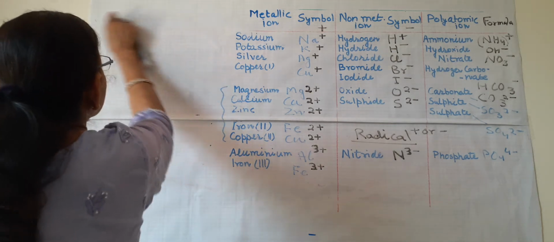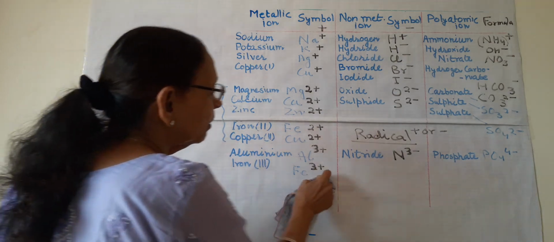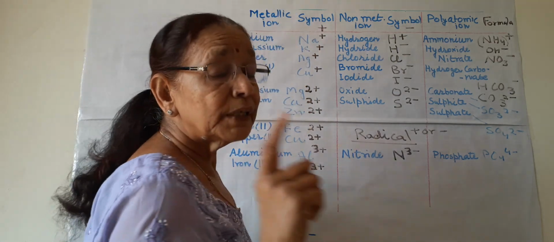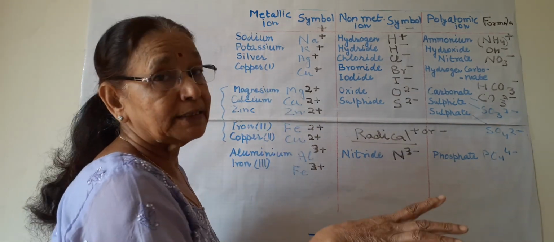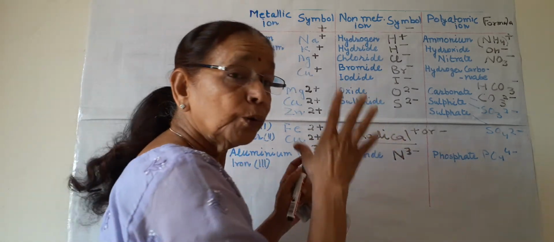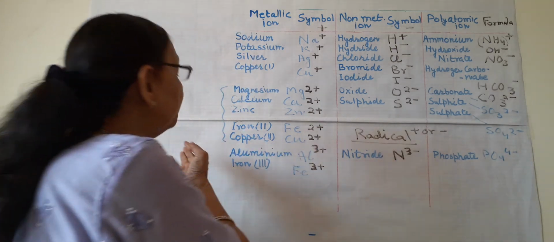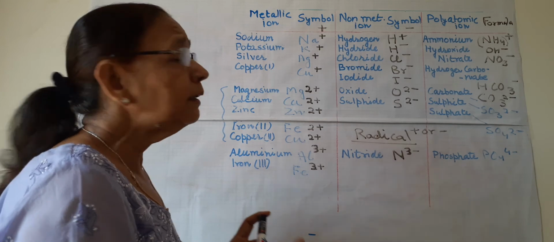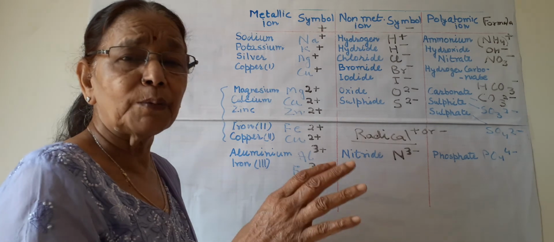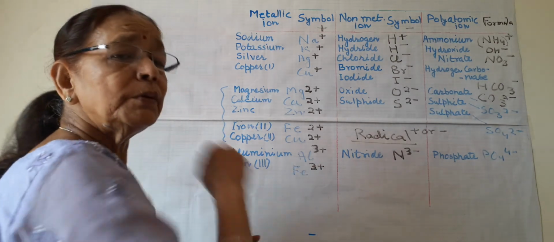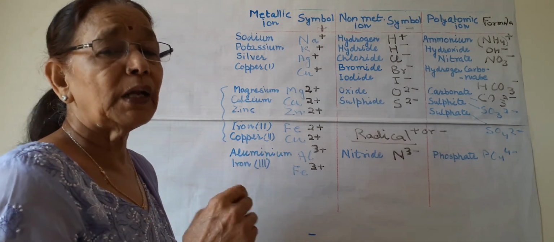You have to practice some more from your book, from NCERT or with some Oswal or some other reference book. First and foremost, you have to memorize all these valencies. Till you do not know the valencies, you cannot write any formula. And it is simple. By the crossover method, you can write the formula, and with time you can learn the formulas. You don't have to make these crisscrosses or crossovers, and you memorize these formulas by heart.